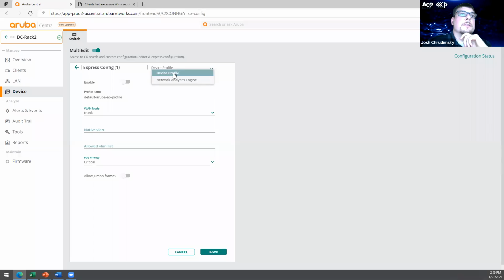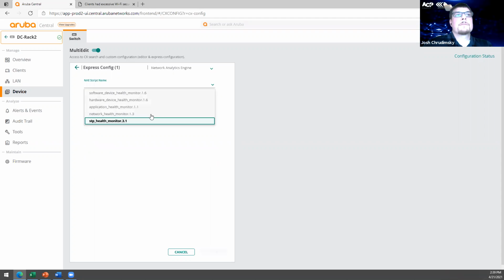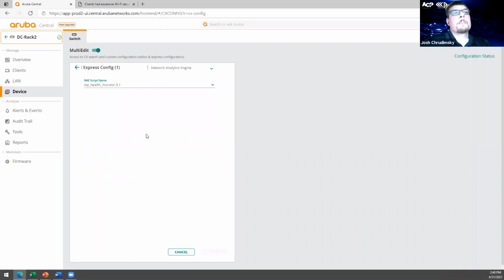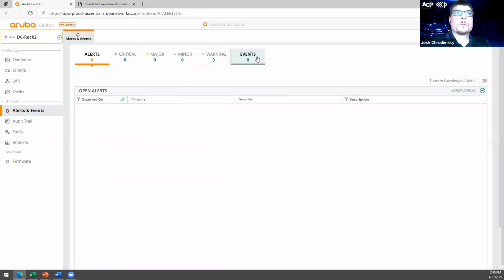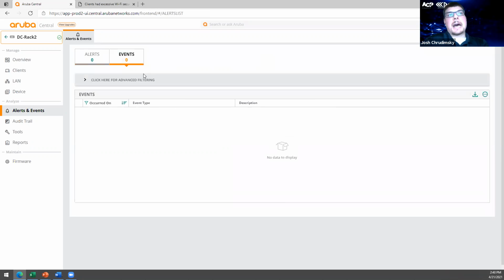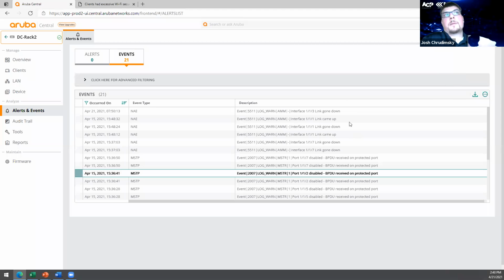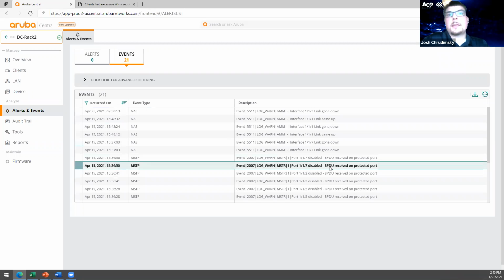And the other thing that's cool in here is the network analytics engine, the NAE. Here they have some pre-built scripts. So if you want to monitor your spanning tree with more in-depth logging and monitoring than normal, we can push this script to the switch, right? And what this will do is, in the actual alerts and events, we will see additional logs on top of what's normally built into the OS, in this list here from the NAE itself,